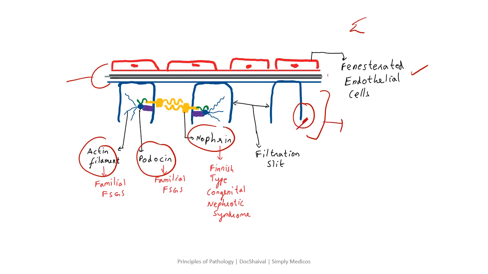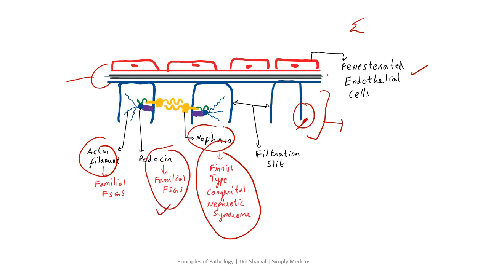I marked earlier. So the damage to the nephrin would lead to the phenotype of congenital nephrotic syndrome, and damage to the podocin would lead to FSGS, which is familial again and steroid resistant, and damage to the actin would also lead to familial FSGS, which is again steroid resistant. TRPC6 is actually an ion channel, and damage to that, sorry, the mutation to that would also lead to steroid